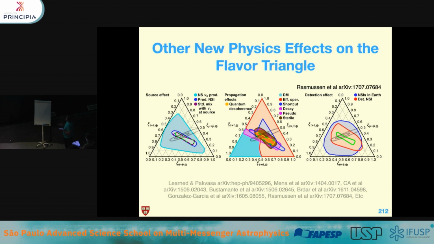And so there are many things that we have talked about. For example, if you have some dark matter neutrino interaction, I'll talk about that a bit later. Some effective operators that parameterize interactions between neutrinos and vacuum, neutrino decay, pseudo-Dirac neutrinos, I'll talk about that later, or maybe the presence of additional neutrino states. And they all will do weird things in your flavor triangle. And remember that what I was trying to emphasize earlier is that the standard model prediction on this is actually quite robust. But the physics we're able to probe is quite varied. Okay.